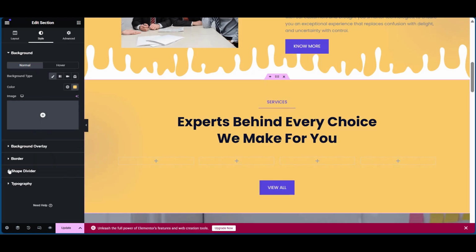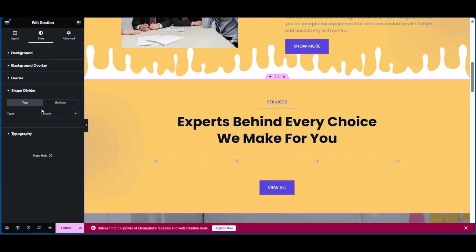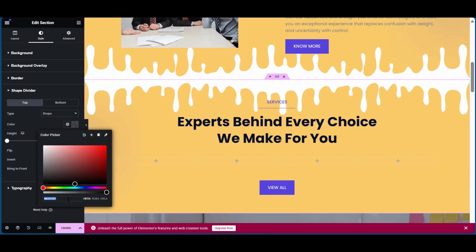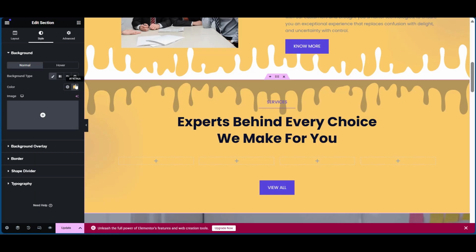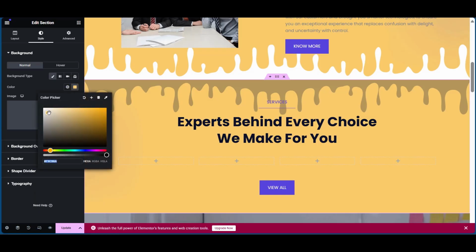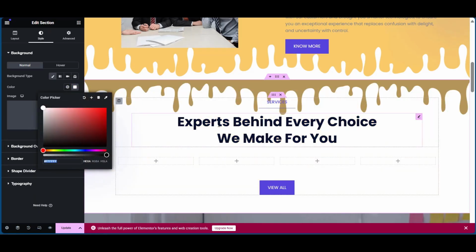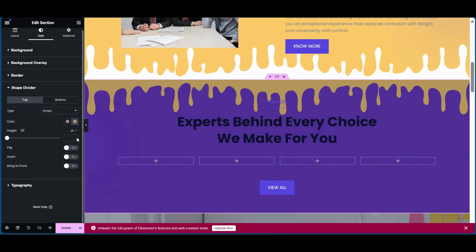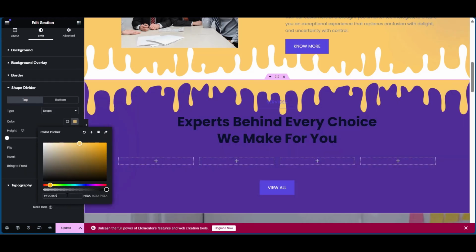When you do that, you can now go over to shape divider, and at the top here, you can change from none to drops. With the drops color, you can also paste the hex code, but with the background, you can go again to make it white and then paste your hex code again. And now that this white is looking a little bit bland, so we can change it to another color. So we can take it to this one here. And then we're going to go over to shape divider, click on the color here, paste in the hex code,